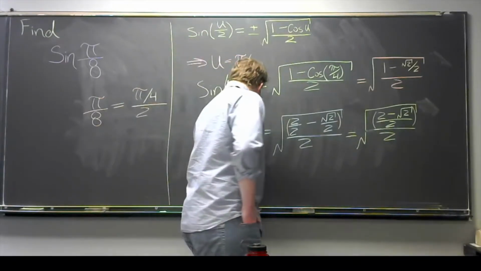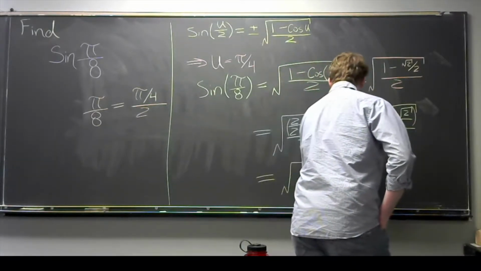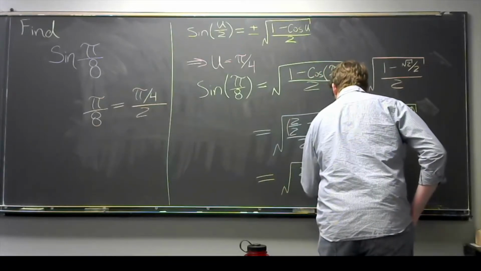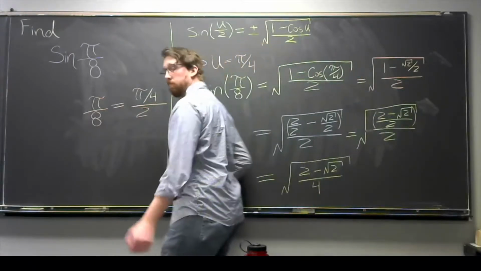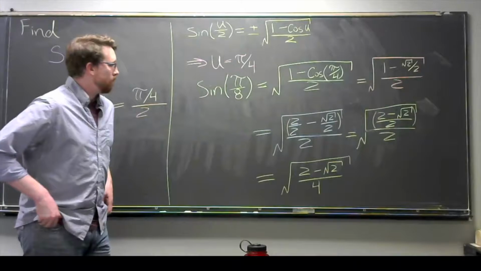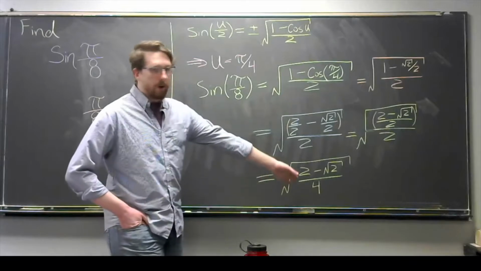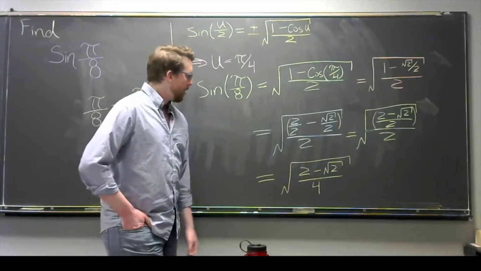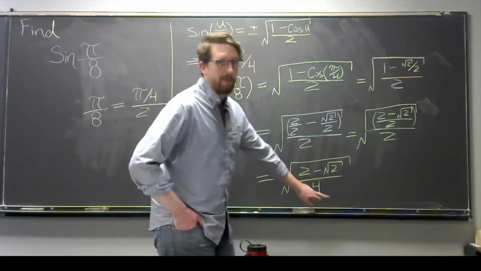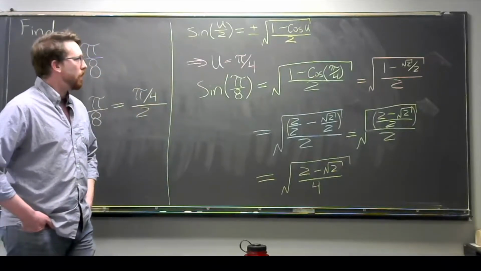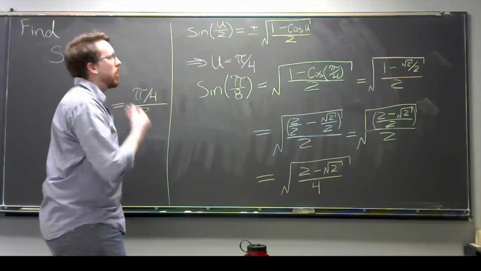When we do that, what we're going to get is the square root of 2 minus the square root of 2, all over 4. And that's it. That's all she wrote. It's an ugly number, I know. Now we could go ahead and clean this up a little bit. Leave the radical just in the numerator and reduce our denominator, but we don't need to worry about that right now. So how did I know, though, going back to that point I was going to make earlier about